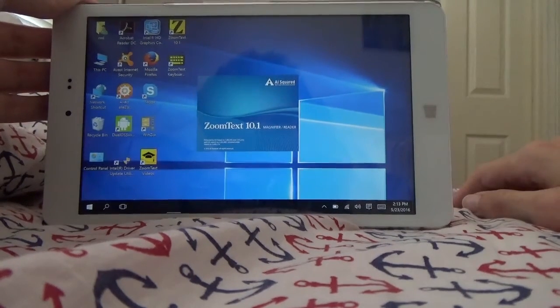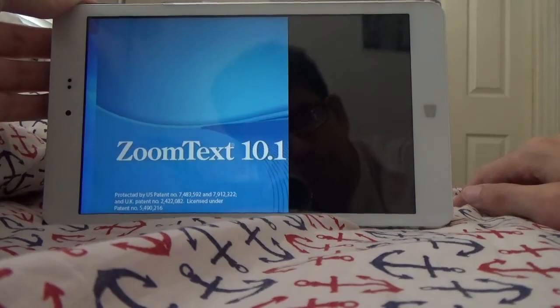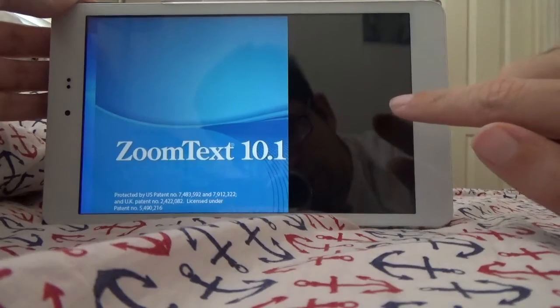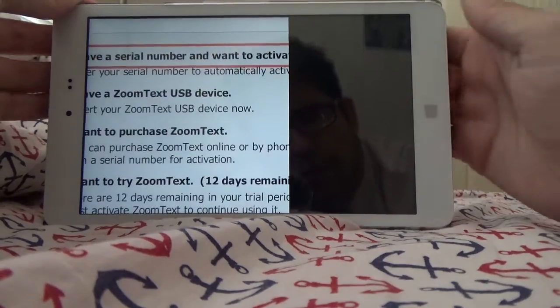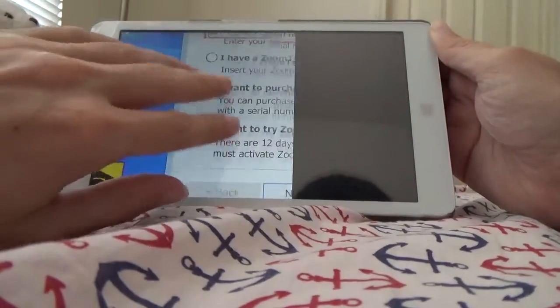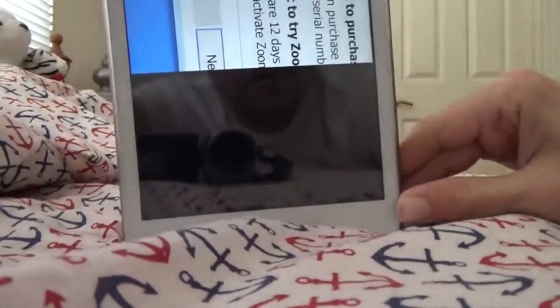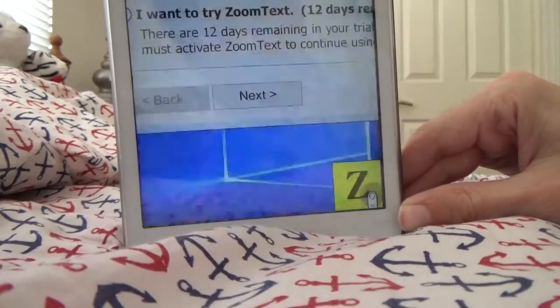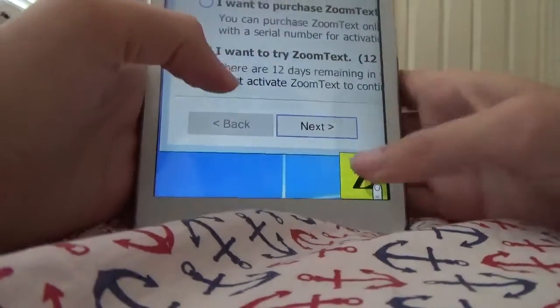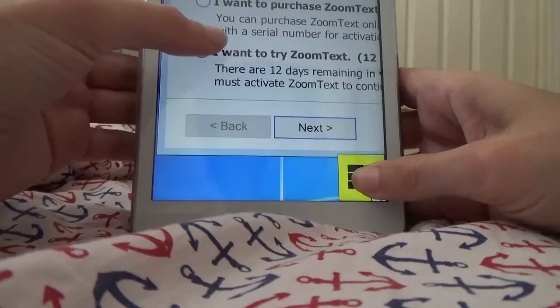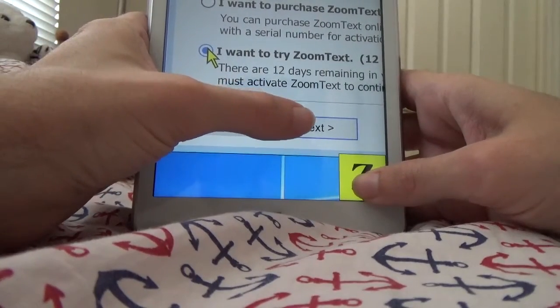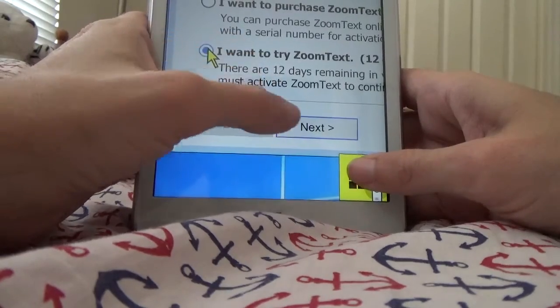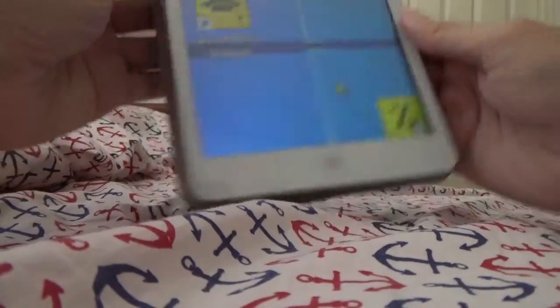I've got ZoomText loaded on this thing, so it's going to take another moment for that to power up. Welcome to ZoomText 10.1. I have a serial number and want to activate ZoomText. I have a ZoomText USB device. I want to try ZoomText. 12 days remaining. Okay, so